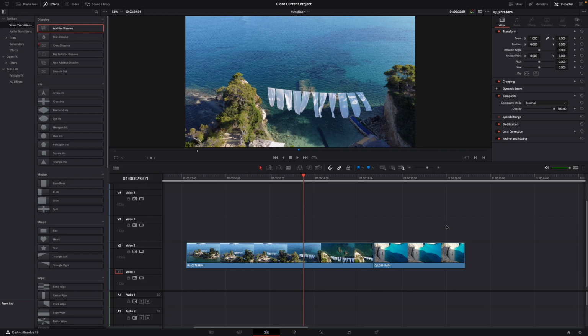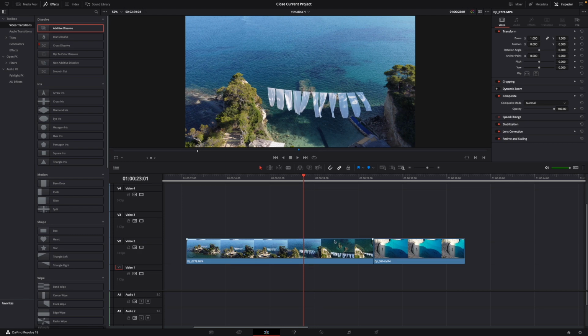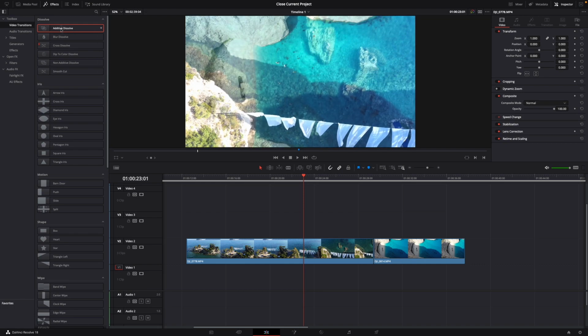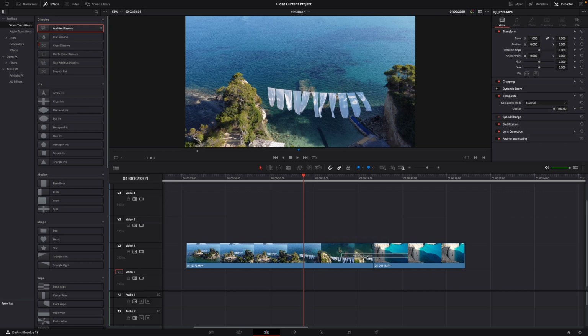Today I will show you how to fix the problem with transitions not working in DaVinci Resolve 18. For this I have two clips right here, and let's say here under Effects, Video Transitions, I want to add an additive dissolve transition. But as you can see, if I just hold it on top of this, it doesn't work. It works for the beginning of the first clip and for the end of the second clip, but not